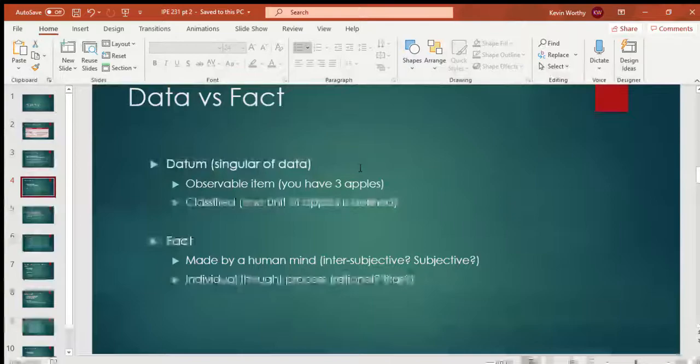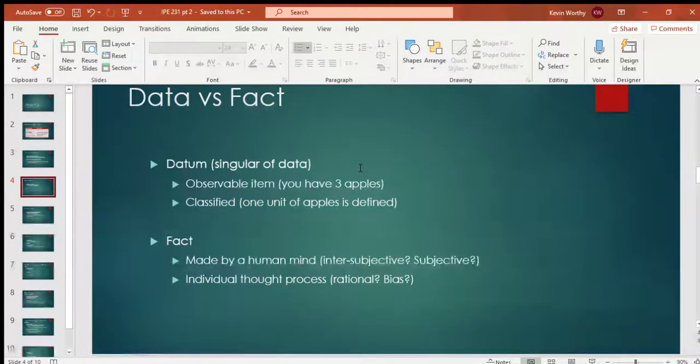An apple, a unit of apples is 1 apple, right? Or it could be a pound of apples or whatever it is. We're talking economically, so it could be a ton of apples, whatever it is. But you're also classifying apples very specifically, right? You're talking about Granny Smith or whatever the other types of apples are. You're talking about this type of apple and 1 unit of that measurement.